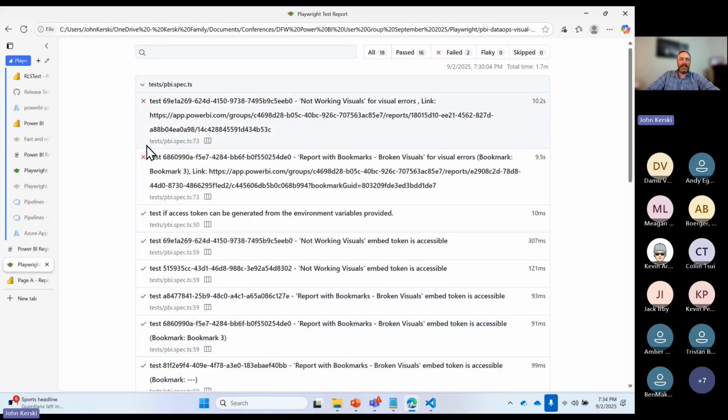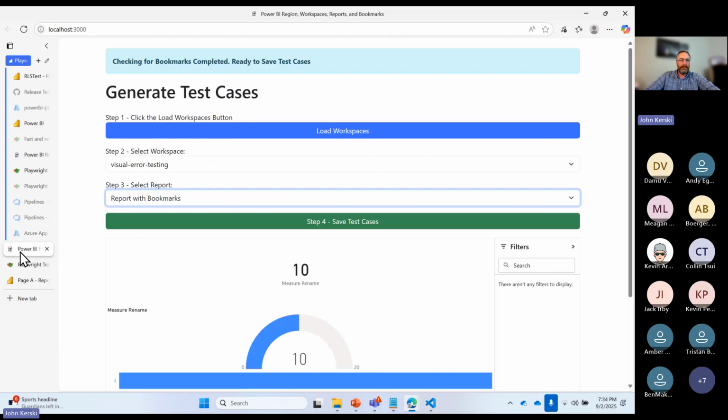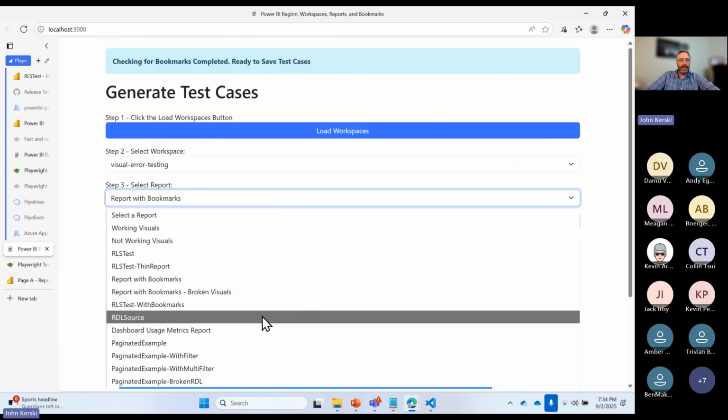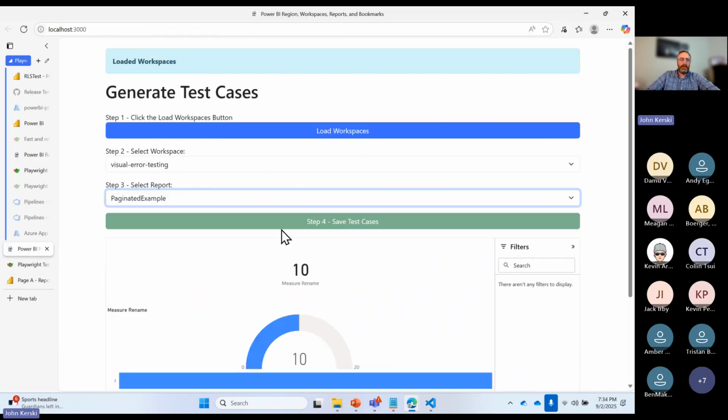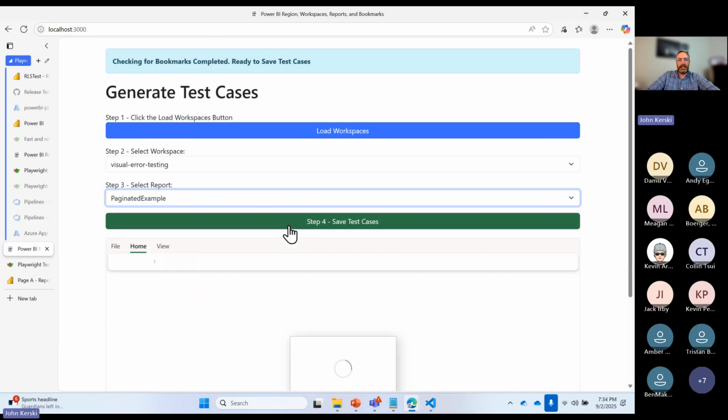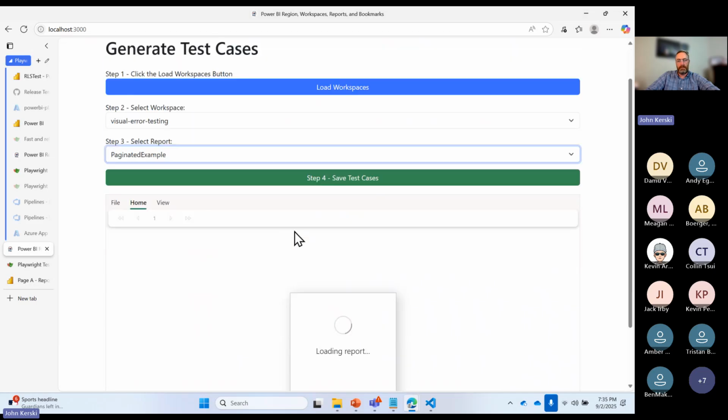And that's the really nice thing about having a tool that can run through all the permutations and then have it run through all those permutations. This tool also supports paginated reports. So you can have it generate test cases for paginated reports as well,